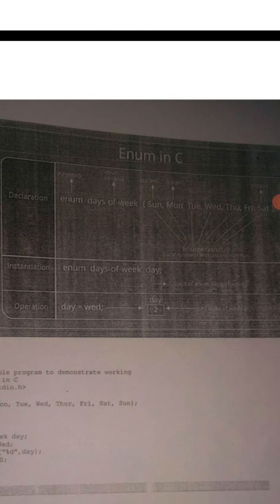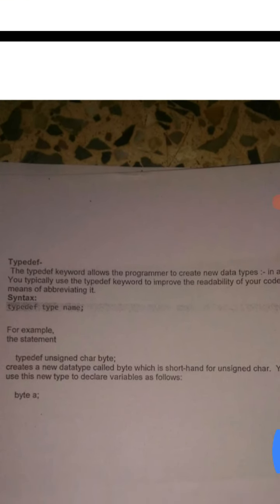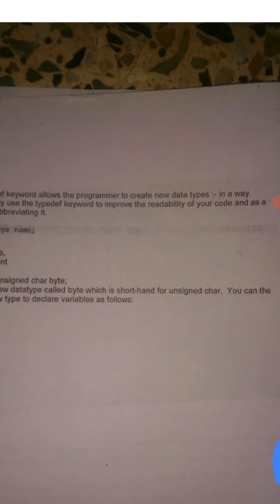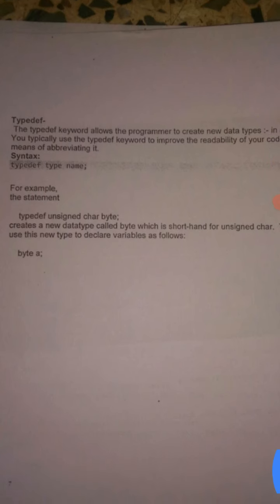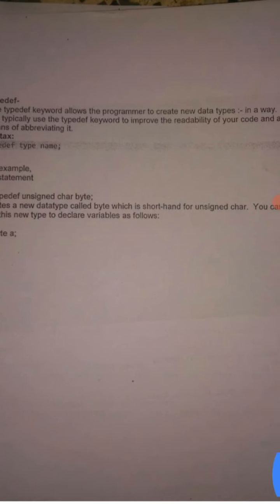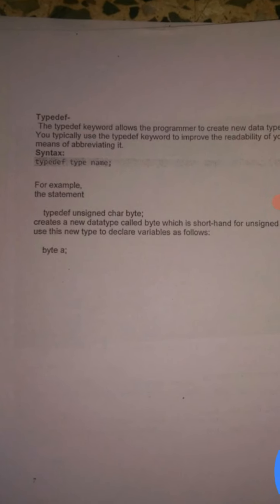Then next is typedef. The typedef keyword allows the programmer to create a new data type. You typically use the typedef keyword to improve the readability of your code and as a means of abbreviating it.